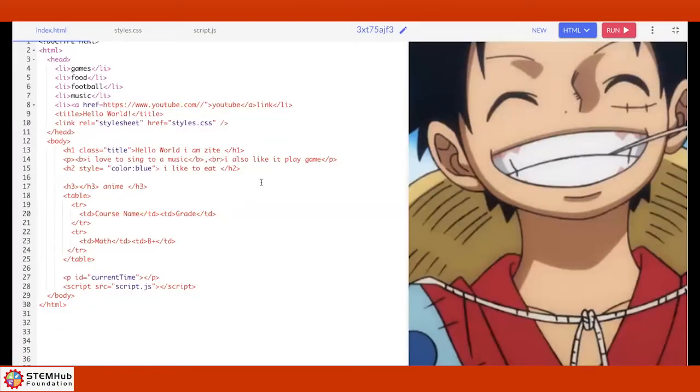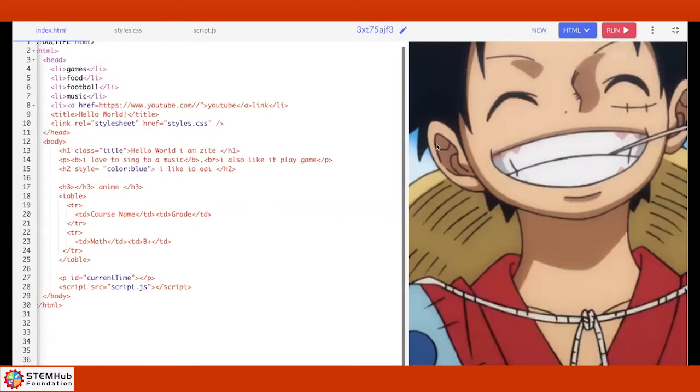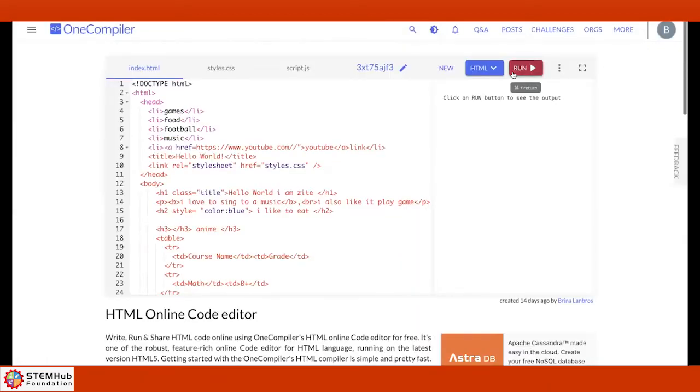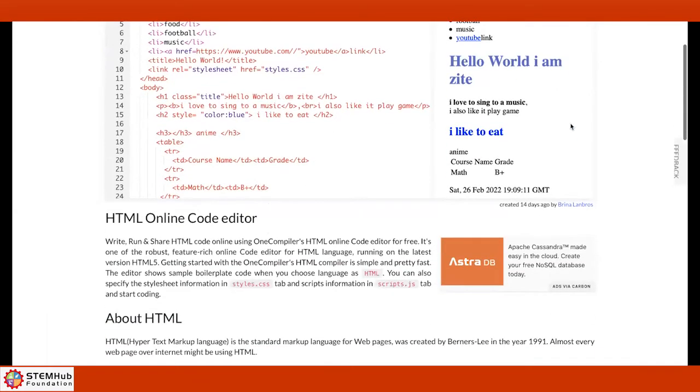You come off mute and show your screen. Were you able to add images? Yes. All right, I see an image that you added. Run it again. Scroll down. You have an image there.